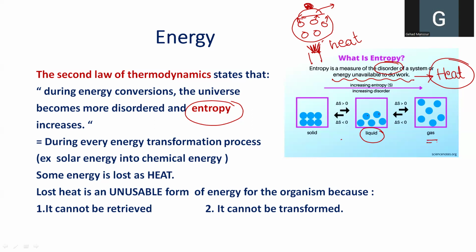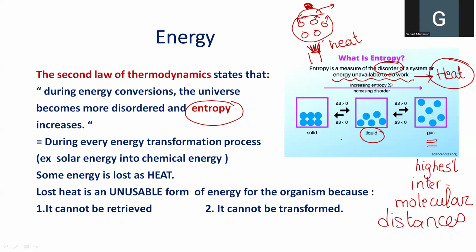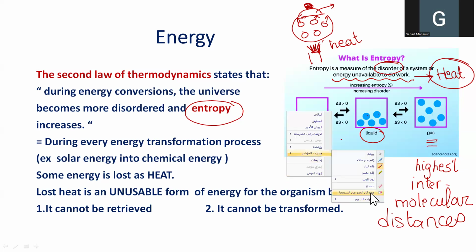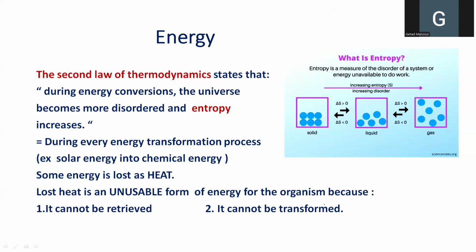And then in the case of a gas, you have the highest intermolecular distances, and you have the lowest intermolecular forces. And of course, you can deduce easily that a gas is the most disordered and the least organized of the